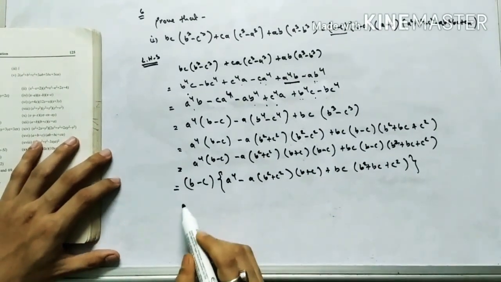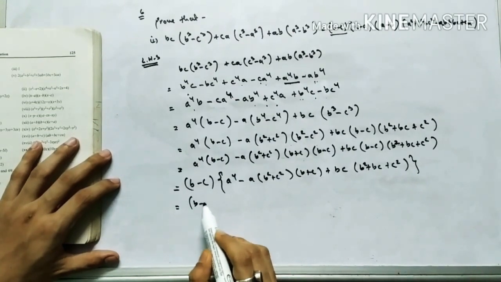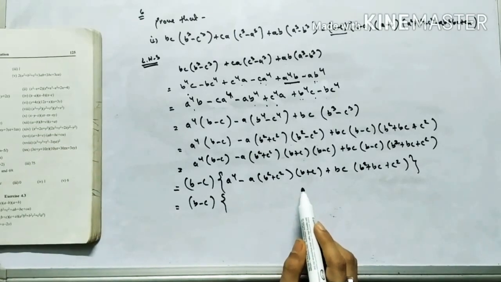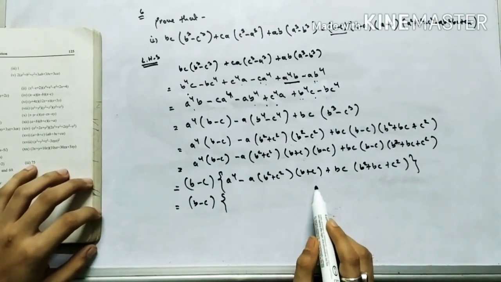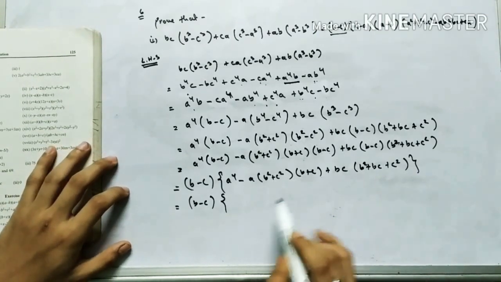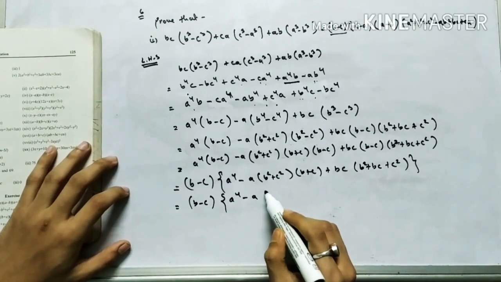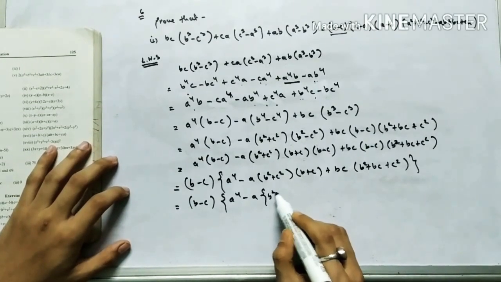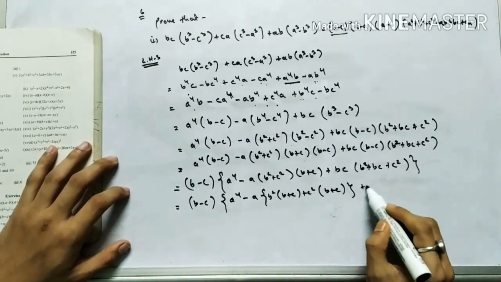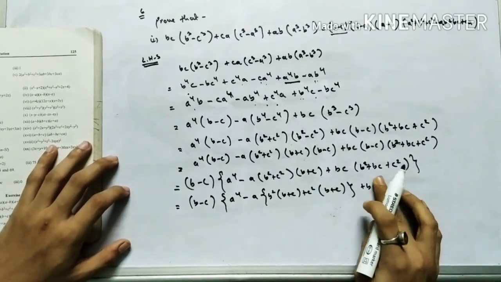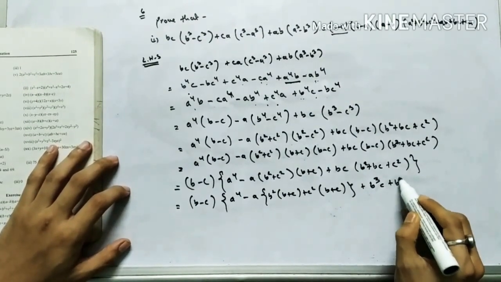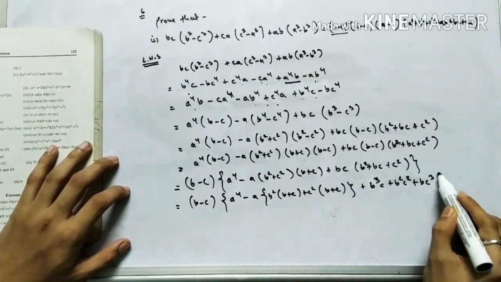Okay. So now this is equals to b minus c. This one in here, you see. What I will do now. So these two again I will multiply. a4 minus a, this is b square b plus c square b plus c plus bc. Let me multiply this also. This also let me multiply it. So this is, I will get b cube c plus b square c square plus bc cube.